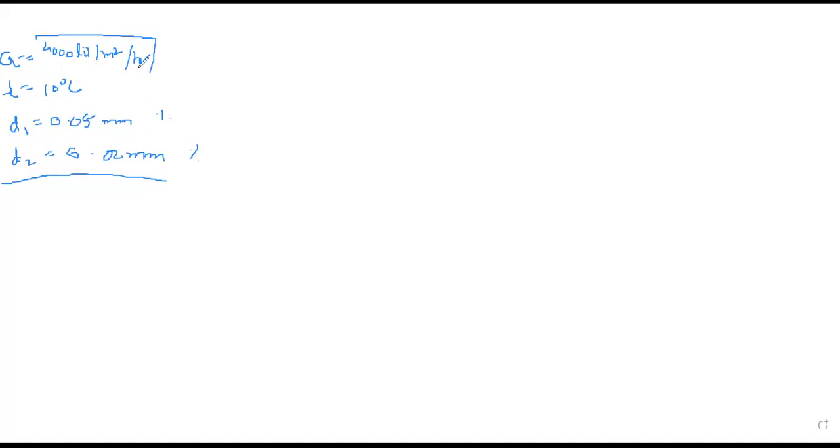So first of all, what we need to do? We need to find out the settling velocity of the tank. So how to find the settling velocity of tank? Now I can find out the settling velocity of tank by using the equation which we have seen in the last lecture. What was the equation in last lecture? To find out the settling velocity of the tank, we can use the equation Q by A. We have derived this equation, is it?